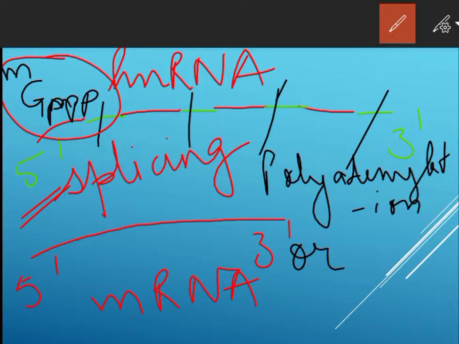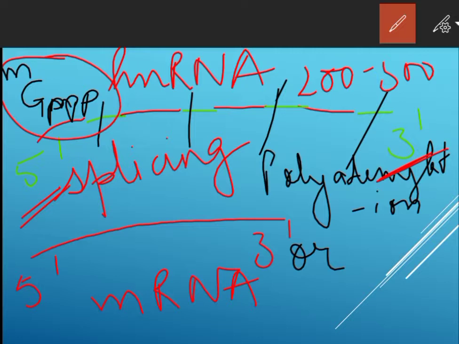In tailing, 200 to 300 adenylate residues are added at the 3' end in a template independent manner. It is the fully processed hnRNA, which is now called mRNA, and gets transported out of the nucleus for translation.